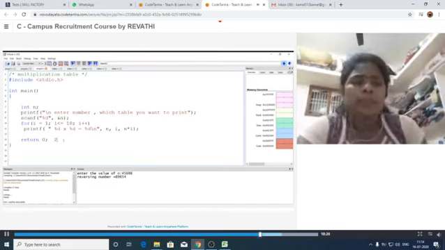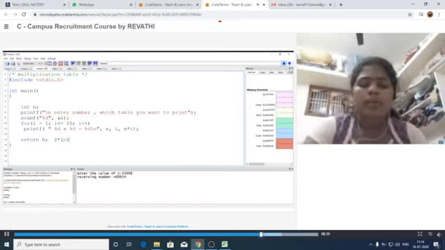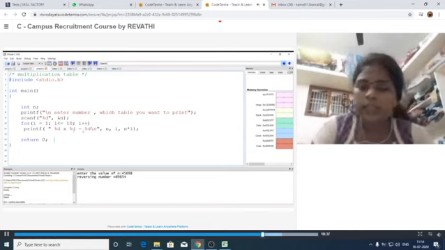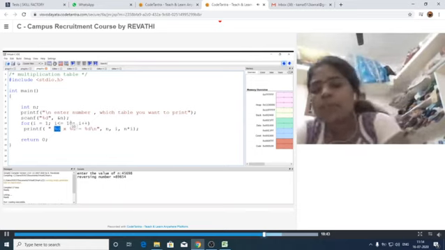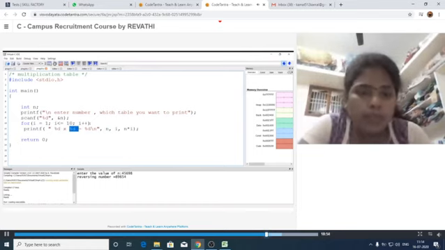Now see here, it can print the value as %d into %d. That means our table structure is like this: 2 into 1 is equal to 2, like that. So our table is also printed like that. That's why we write the statement like this: %d into %d is equal to %d. In the first %d we need the n value, that means the particular table we have to print, that's why we take the n here.